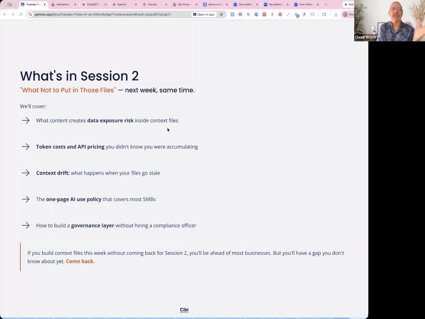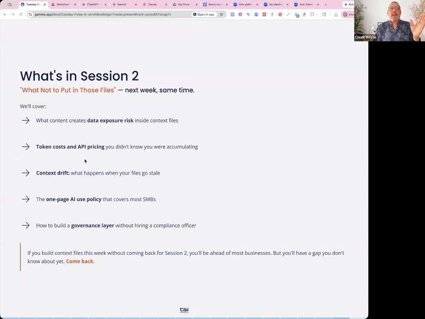And so next week, talk more about what not to put, what your data exposure risks are. And when you start using context files, you're going to realize that your LLM thinks harder. It works more. It's going to use more tokens. You're going to have more token cost. Hidden costs. If you realize when you start using things, especially with APIs, you're going to increase the cost of how you use these AIs. They're not cheap. They market them to make you think that they're inexpensive, but in the long term, they can become very expensive.